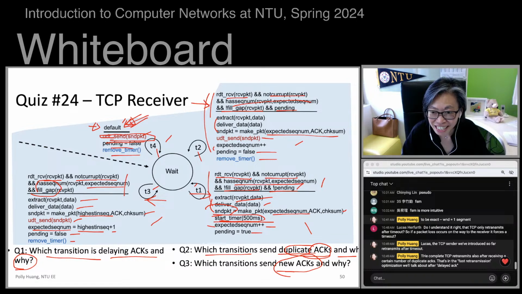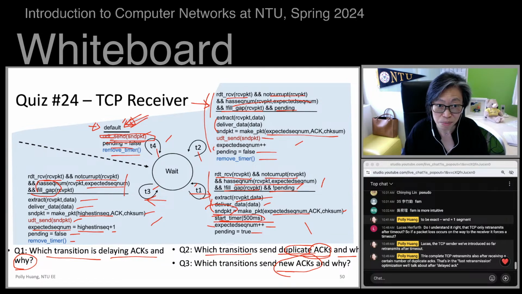So I can see Bo Yao, Team 11, Team 2 are getting it. So obviously Team 11 and Team 2 see that if this timer times out, because there could be a case that there's an odd number of data packets, right? The last packet would then wait. The last ACK will wait until the timer expires and there's a timeout.